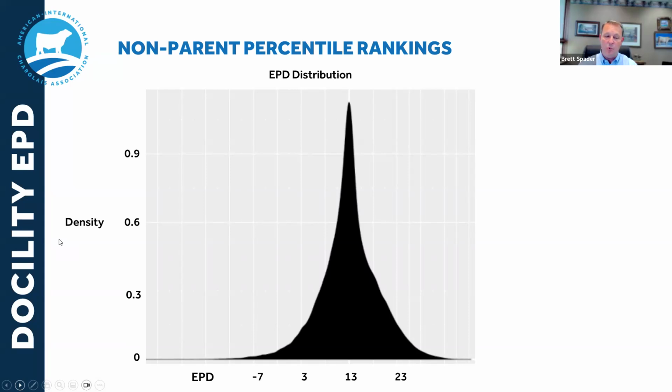That's just a function of the tool doing its job, allowing us to dig in a little deeper and see the genetic variation a little bit more, but realizing that with this non-parent group of animals, that mean is around 13. You can see as you go much higher, how many fewer animals there are as you get down to the right-hand tail of that curve. And as you go to the left-hand tail as well, you can see how many fewer animals there are there. So in relation to that tightened curve, knowing that it'll broaden out as we get more data in there, but ultimately knowing that it's guiding us in the right direction,